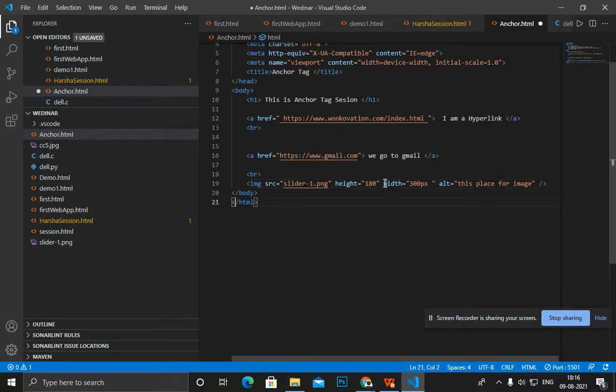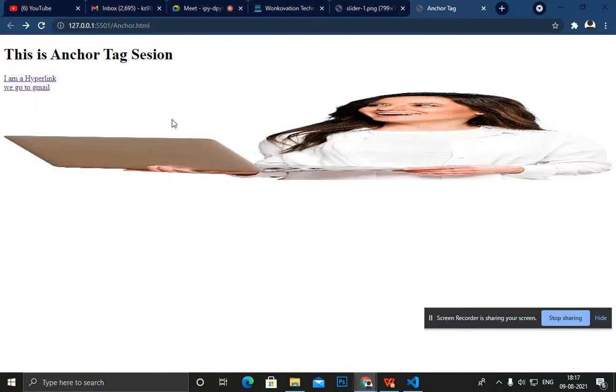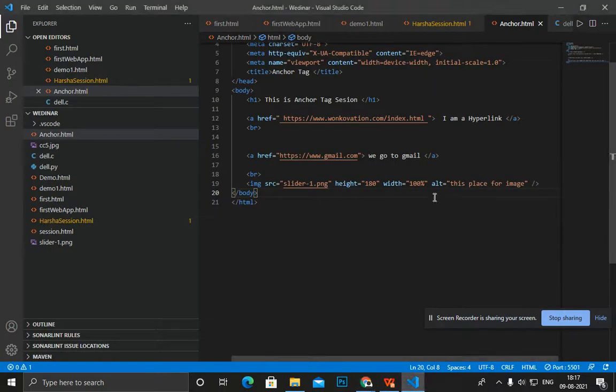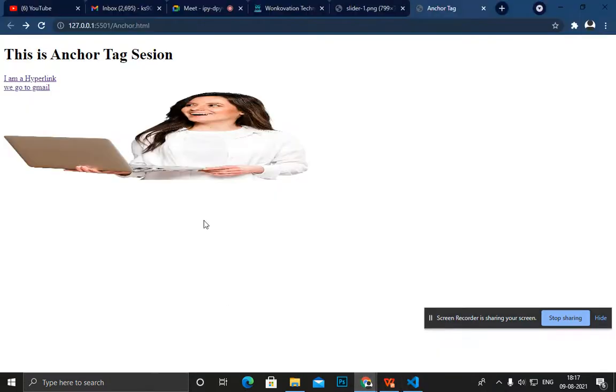So here we write 100% in the width section, so that you see the difference and what is the meaning of 100%. You see that it takes full length, 100% takes full width. This is the width, and if I take 50% of this, you see the difference. What is the meaning of 50%? 50% of your web page, 50% is the half of your web page.